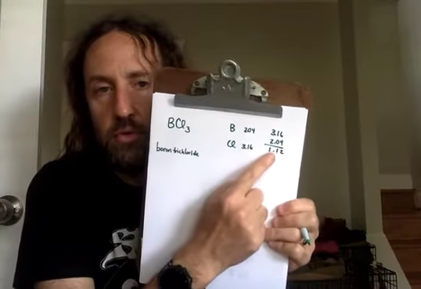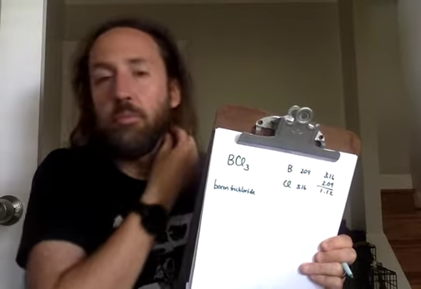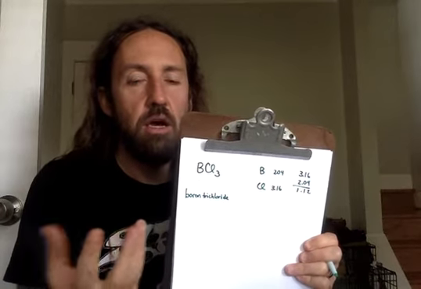Okay, and so all I have to do is take 3.16 minus 2.04, which is 1.12. Now, that's a pretty polar bond, but it's not polar enough to be an ionic